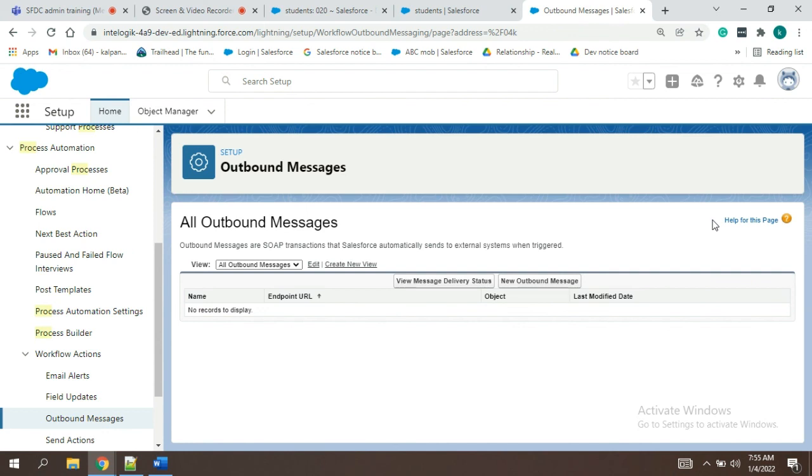So Salesforce is forcing everyone to move out of workflow rule and come to process builder or flows. Okay. Most of the workflow rules which were built in old organizations, people are trying to migrate to flows now. Okay. This is all about it, guys.